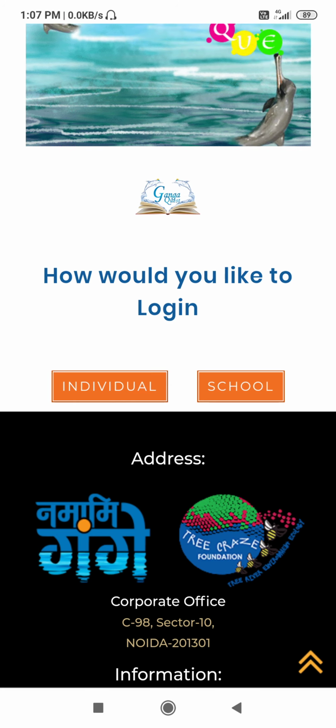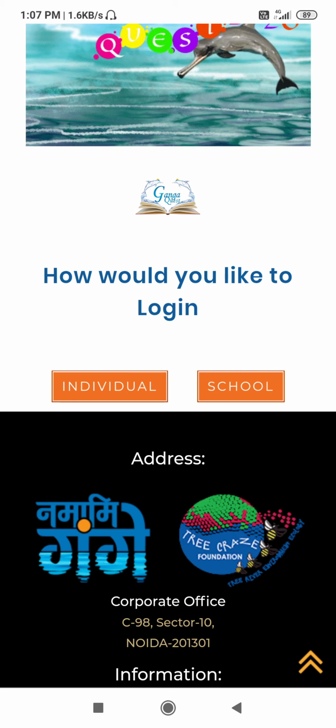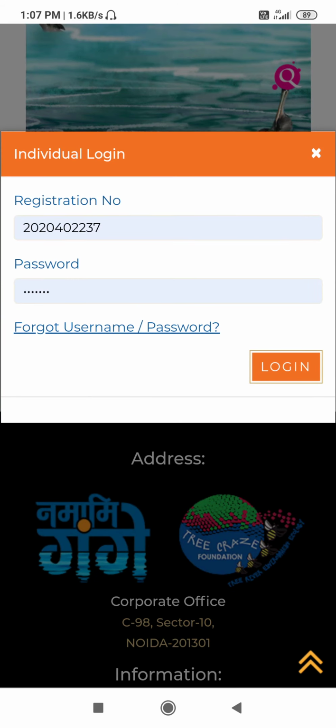So you choose individual from here. When you click individual, this screen appears. On this screen, registration number and password are asked.